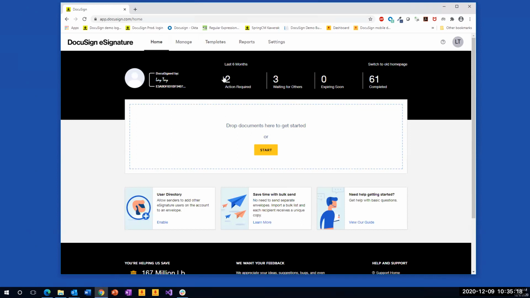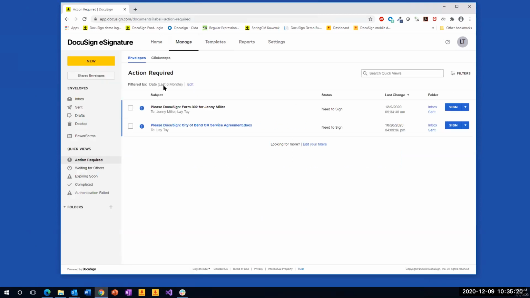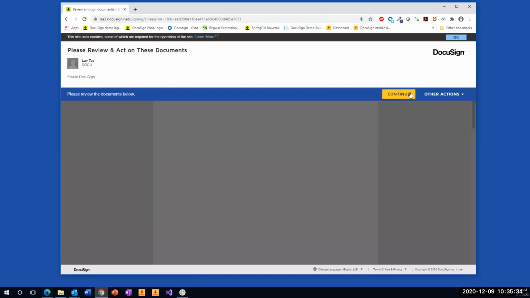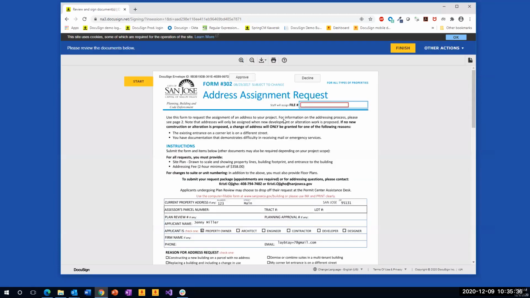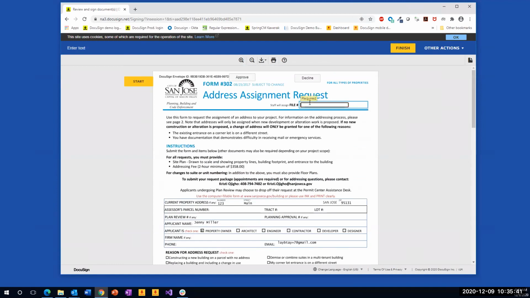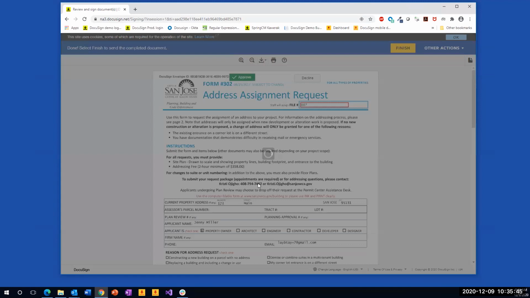I can click on this link. It's going to bring up a series of envelopes that are waiting for my attention. So I can see here that this is a form 302 from Jenny. So I can just click sign, bring it up directly. And you can see that this is the form that has been submitted by Jenny with all her information in here. I can give it a file number and click approve to approve her application.